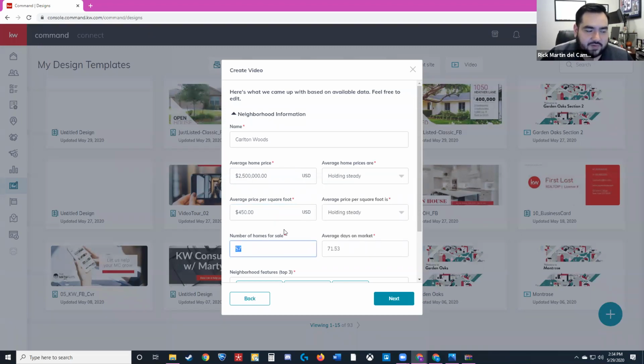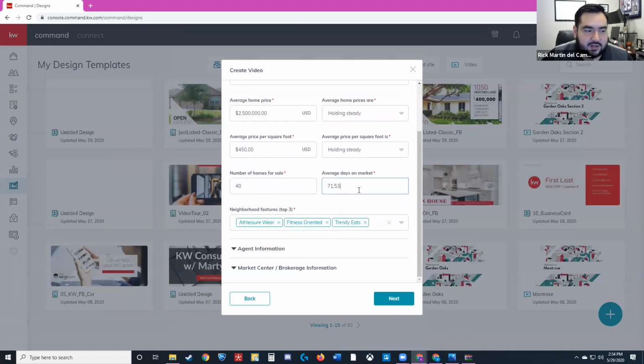For the number of homes for sale right now, I can say there are 40 listings, and the average days on market is not what it says here, but based on the CMA it shows to be 110 days or something.